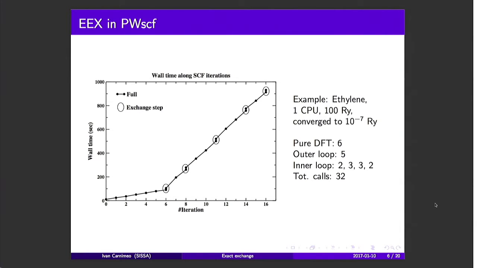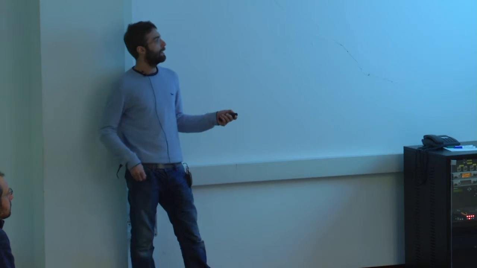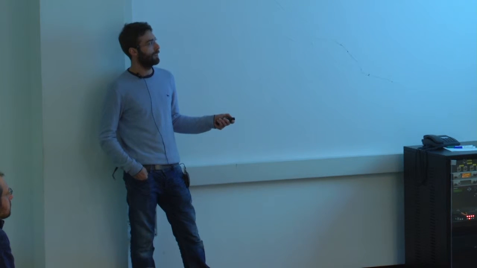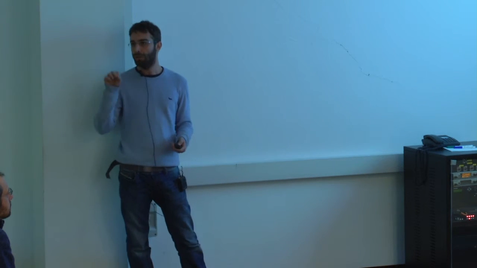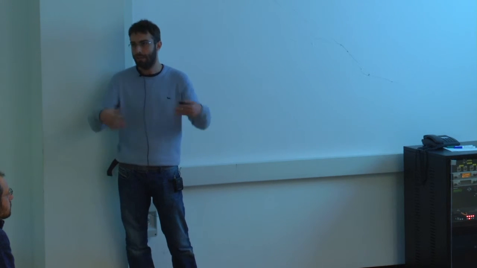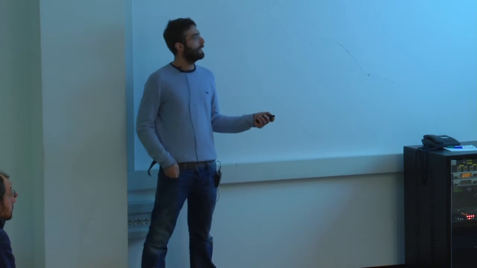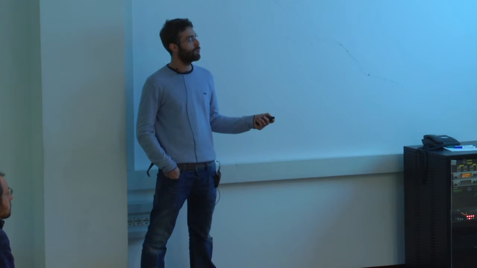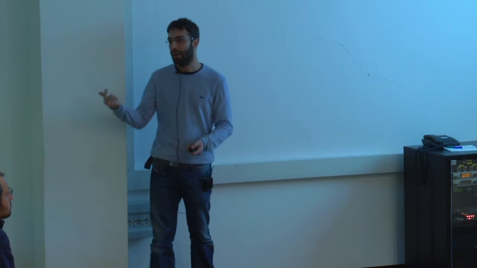So here you can see the elapsed time, and this is related to the evaluation of the exchange term on the converged DFT wave functions. Then here we start, so this is the first outer loop call of wake 6, which is the subroutine that assembles the exchange potential. And then here we start with the inner loops, in which we optimize the phi functions